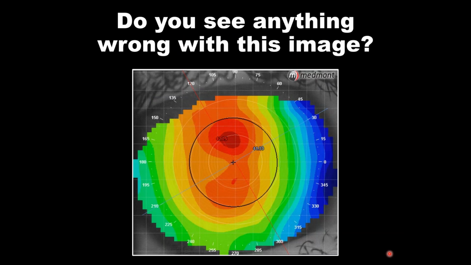Now, just to finish up on this particular case, what do you see that might be concerning about the baseline topography that we've taken on this eye? And one of the things that's very positive is we go from steepest in the center to flattest in the periphery in a very gradual manner. We see a very regular figure-8 hourglass shape. It's slightly asymmetric, but this is a real kind of perfect eye to bend light, at least when we consider